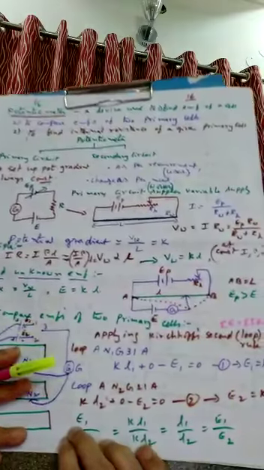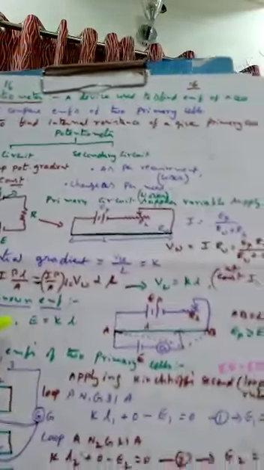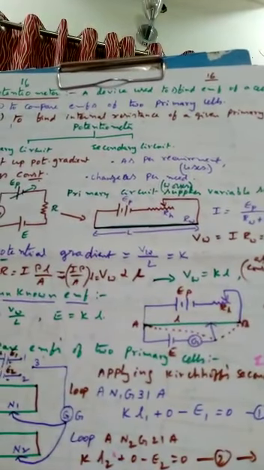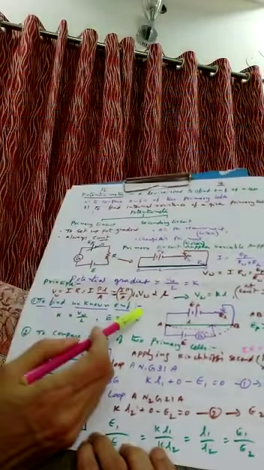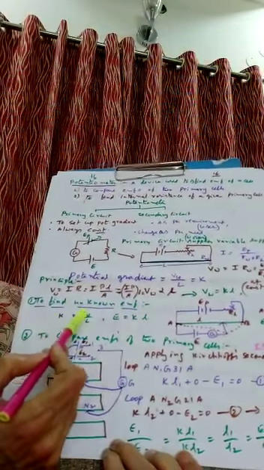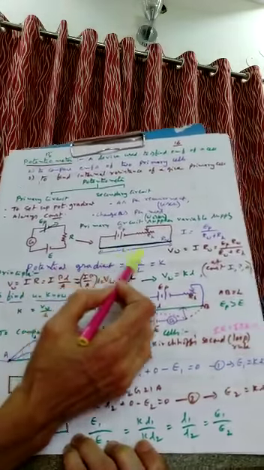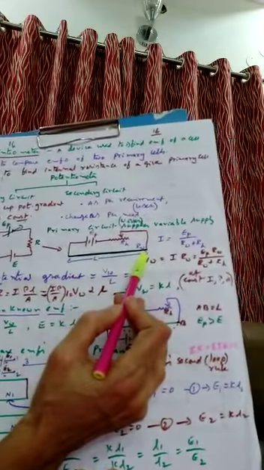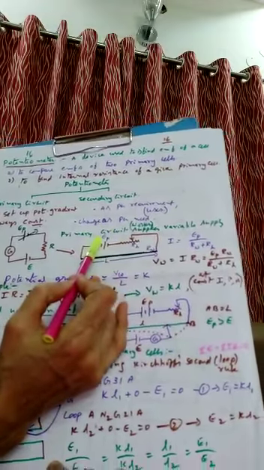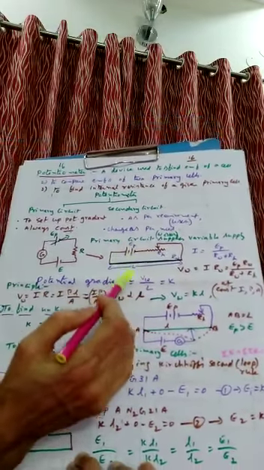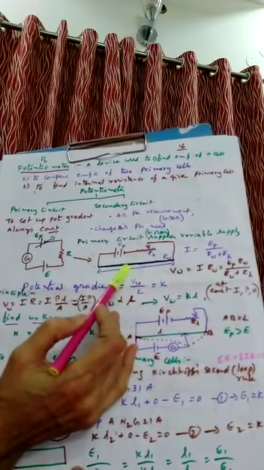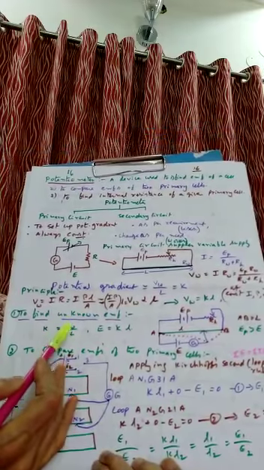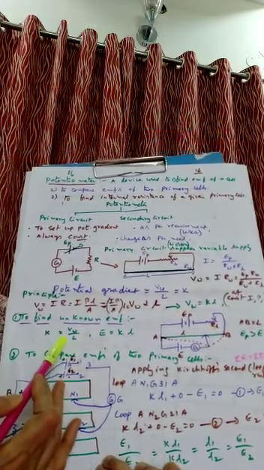Okay. So this is about the principle of potentiometer. Now, how do you use it to find the EMF of the given cell? We know that K is equal to VW by L. Suppose I have taken 5 meters length of the wire, and VW is the voltage we supplied here. So what is the value of K? K is equal to VW by 5 meters. That is the K here.